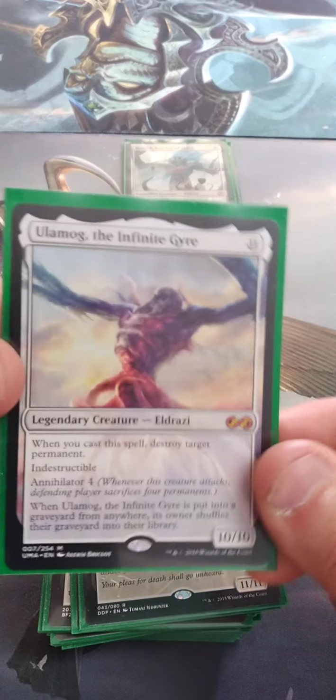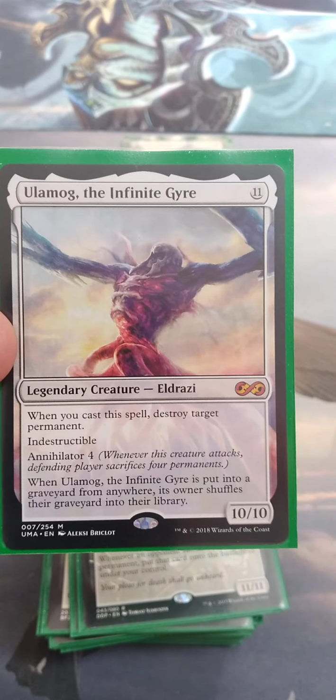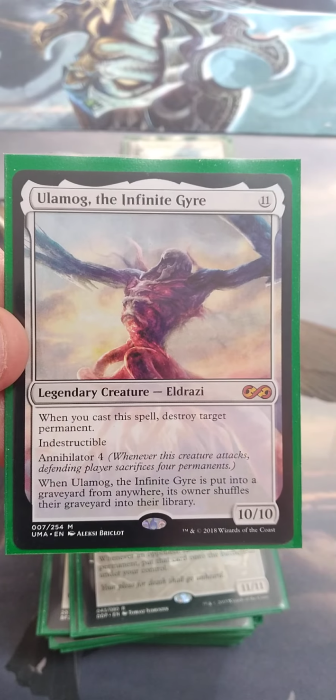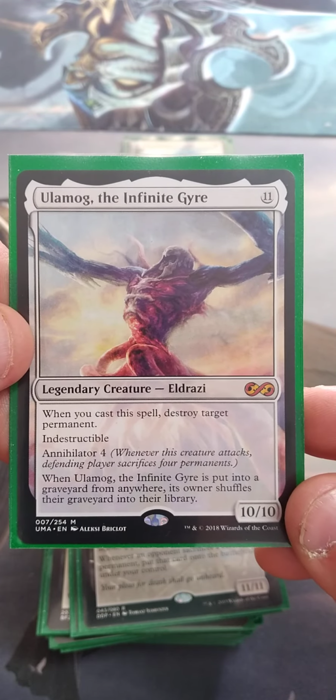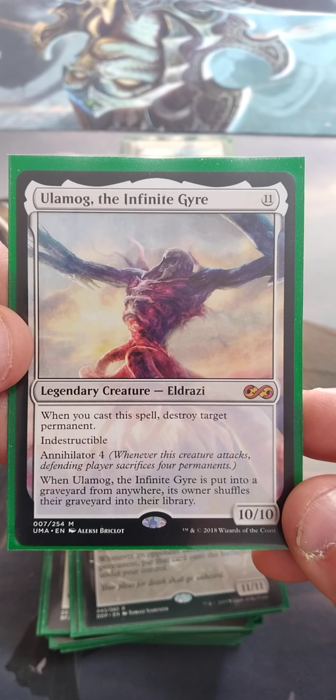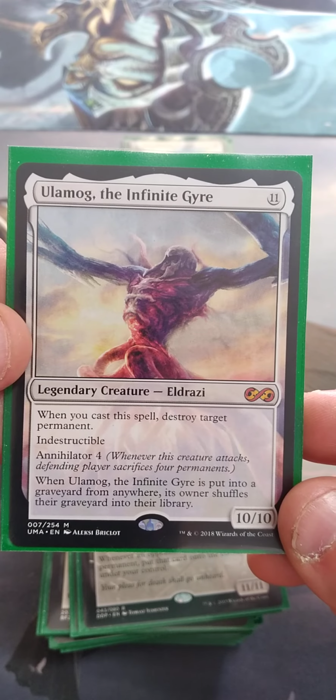Next one is Ulamog, the Infinite Gyre. It's 11 for a 10/10 legendary creature Eldrazi. When you cast this spell, destroy target permanent. It has Indestructible and Annihilator 4. When Ulamog, the Infinite Gyre, is put into a graveyard from anywhere, its owner shuffles their graveyard